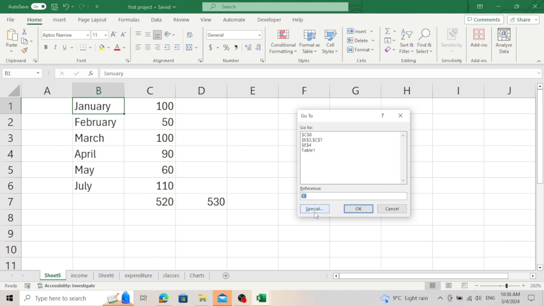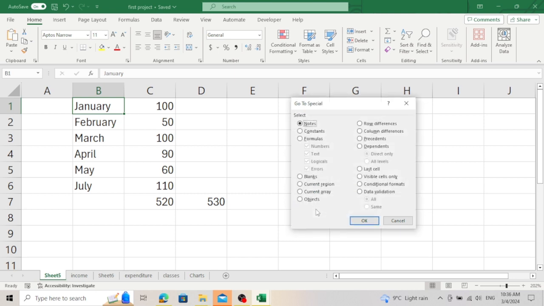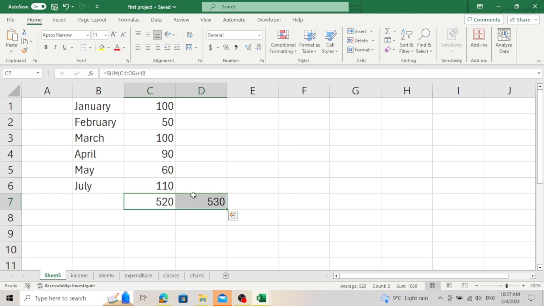So you click on the special option here. I want to find out only cells that have functions or formulas in them. So what I'm going to do is click on formulas and press OK. When I click on OK, it selects these two, and these are the only cells with functions